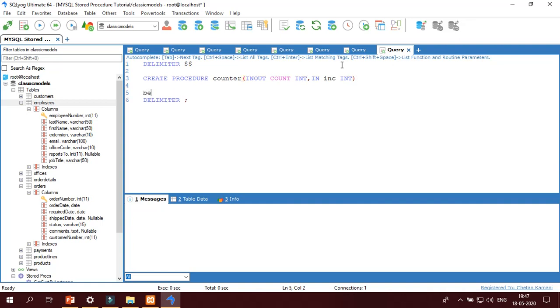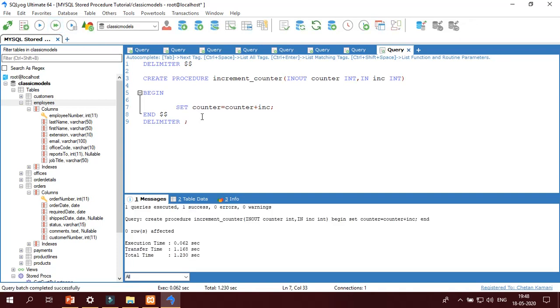Okay, then begin and $$. Set counter, increment counter. Okay, now our statement is counter is equal to counter plus increment. Okay, done. Execute it. It is created and compiled successfully.